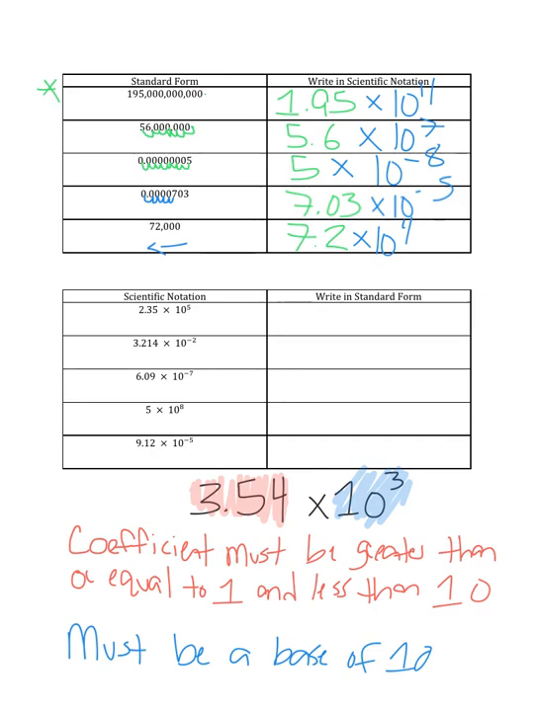So in the bottom examples, now we're going to be working with the reverse process. We're given a number in scientific notation, and we want to write it in what's called standard form, the normal form we see numbers in. So we have this 2.35 times 10 to the 5th. And think about the logic we used above. So 10 to the 5th